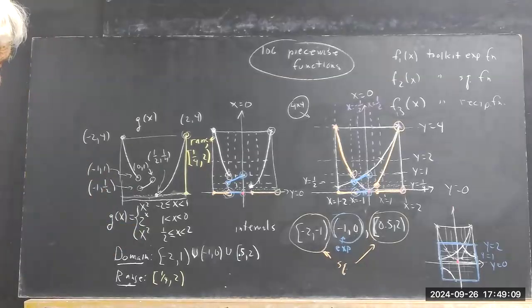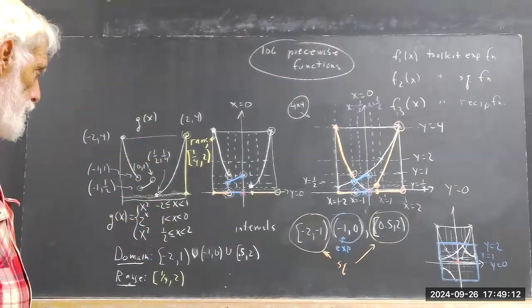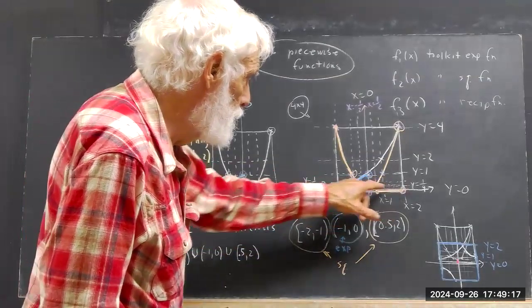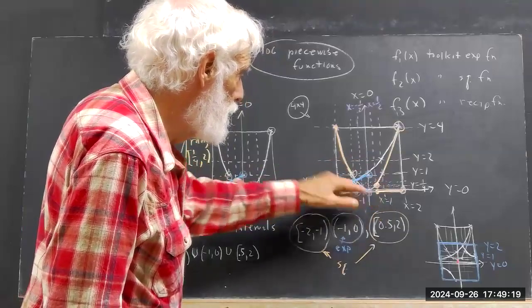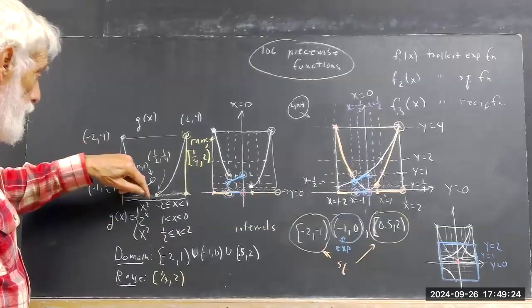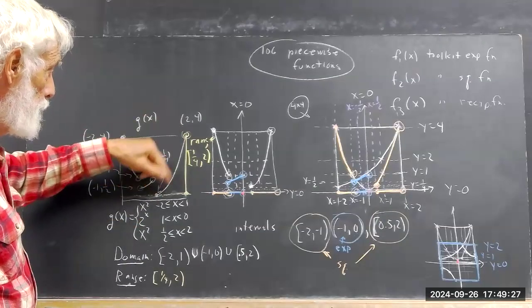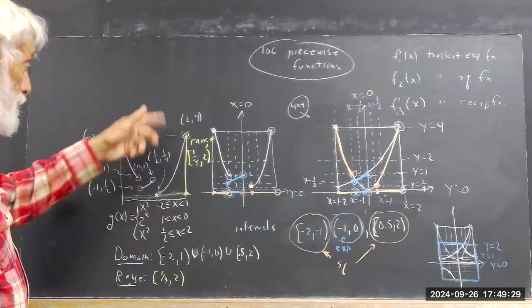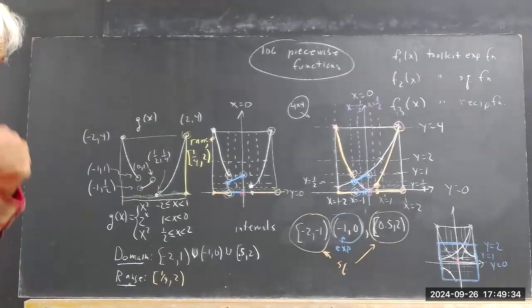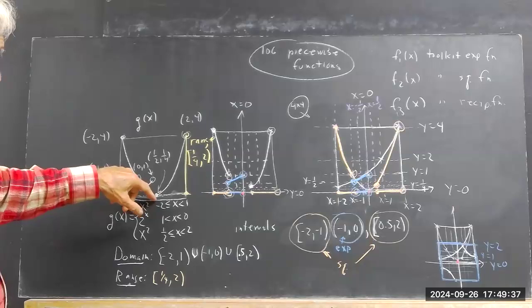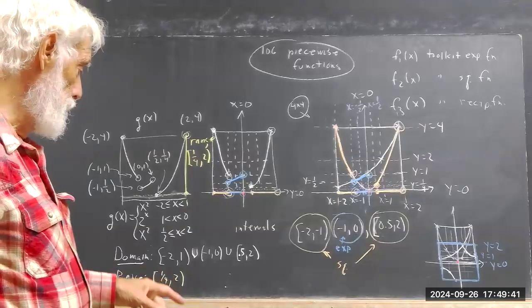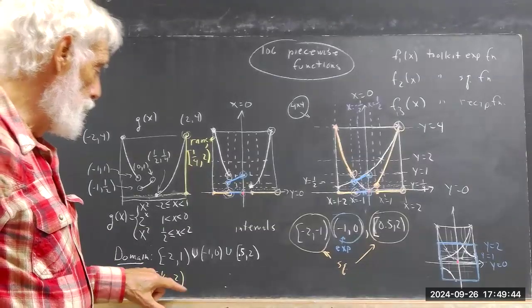What's the range? The range consists of all possible y values. Well, the lowest y value we get is this one right here, where y is 1/4. We don't have any points on the piecewise function to go lower than this. But every y value between here and here is taken just by this part of the squaring function. Okay. Now I've labeled the endpoints, 1/2, 1/4, 0, 1, and so forth. You can verify that. Or look at the other video where I explained it. But your range is 1/4 to